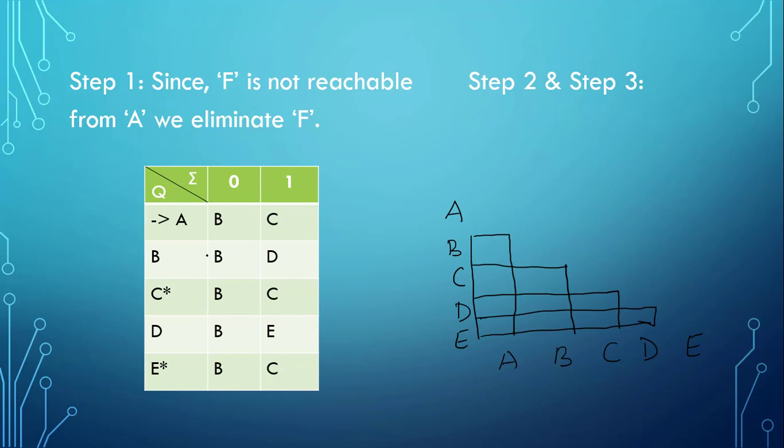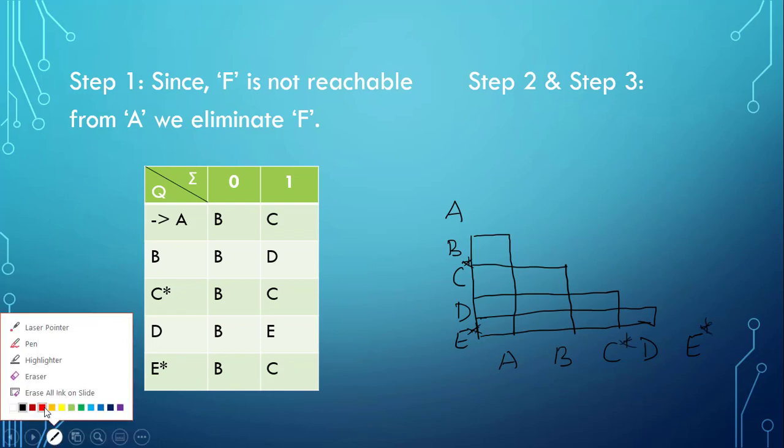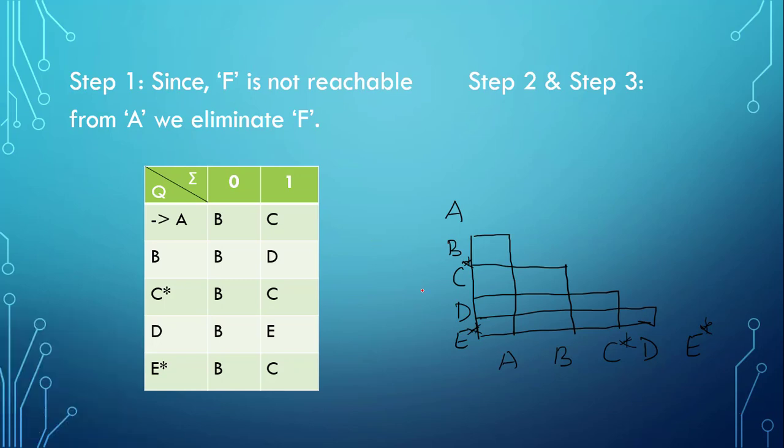Now wherever there is a final and a non-final state present in our box, we will mark those cells with 1. C and E are our final states. So wherever there is C and some non-final state, and E and some non-final state, we will go on marking them as 1. So here C is a final state but A is not. C is a final state but B is not. C is a final state but E is also a final state, so we will leave it as it is. C is a final state but D is not, so we will mark it. Here E and A, E and B, and lastly, E and D will be marked as 1.